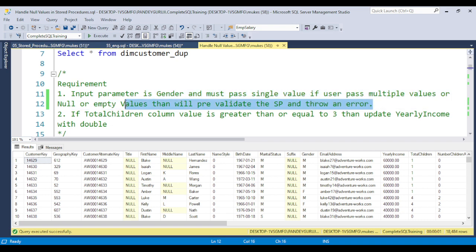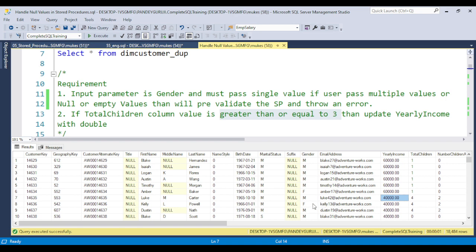If the user passes a single value, then if the total children column value is greater than or equal to 3, we update. If I pass male and the total children is greater than or equal to 3, you can see this one is 1, so no need to touch it. But this one with 4 children has 40,000, so you need to update 40,000 to 80,000.